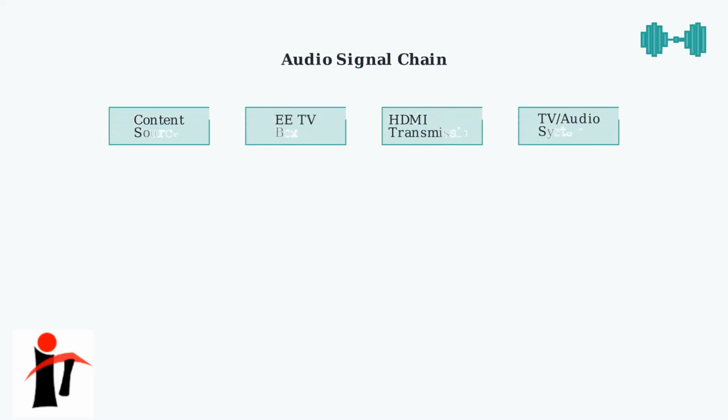Low volume on your EETV box is a frustrating but common problem. Understanding the audio signal chain helps us identify where issues occur and how to fix them quickly. Problems can occur at any stage of this chain. The good news is that most volume issues can be resolved with simple immediate fixes that work about 70% of